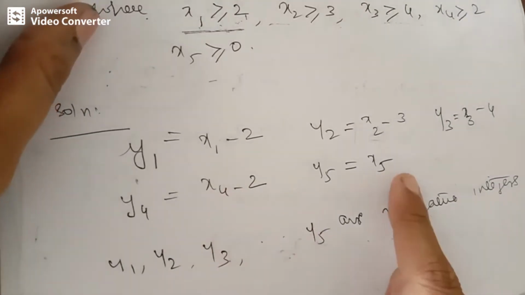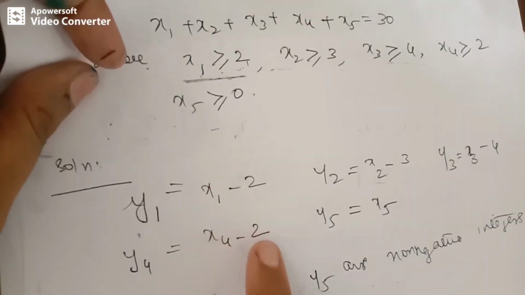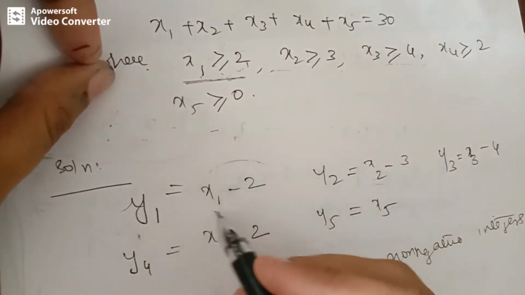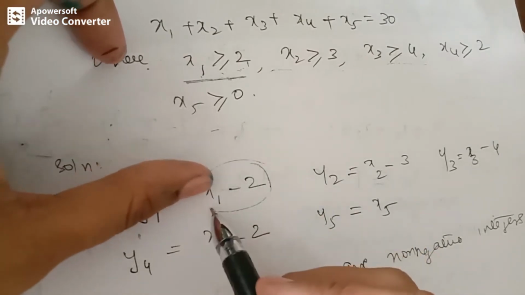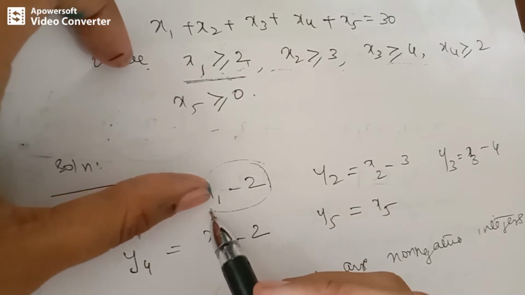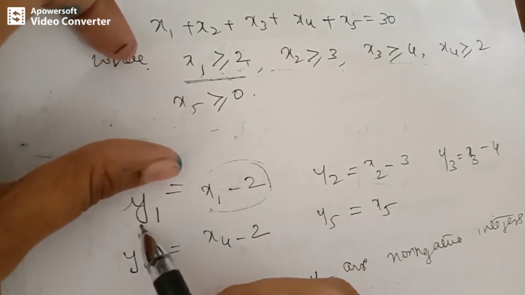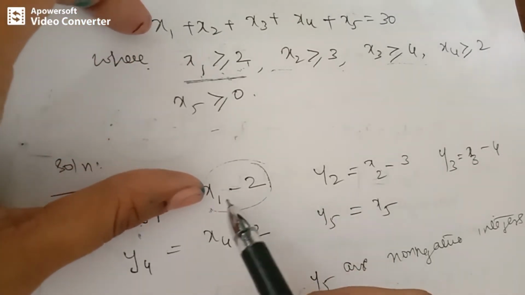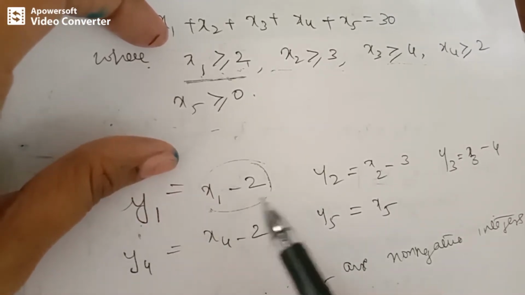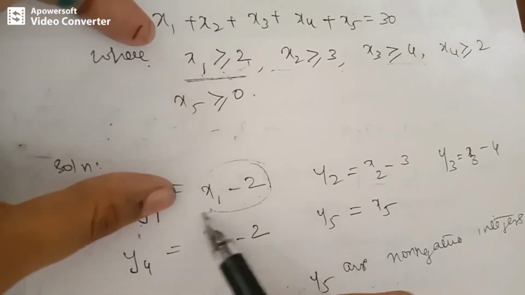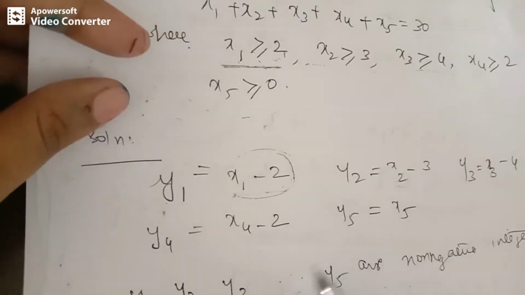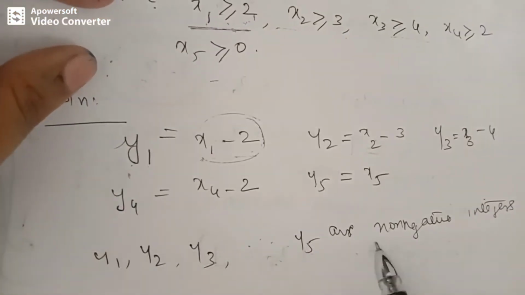So once you know this, that it belongs to a kind of non-negative integer format, wherein x1 can take a value greater than or equal to 2. If I have 3, y1 will be 1. If I take x1 as 4, the y1 value will be 2, like that. If we have such a format wherein we can justify this statement, it becomes easier to say that they are non-negative integers.